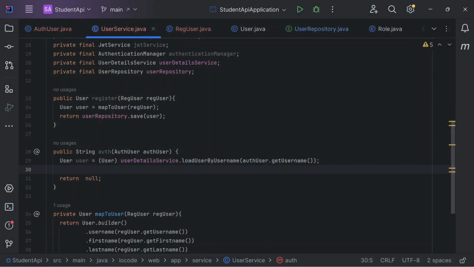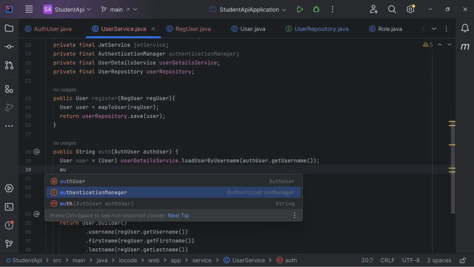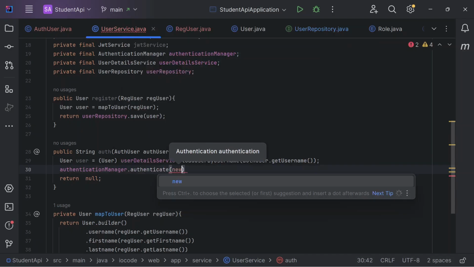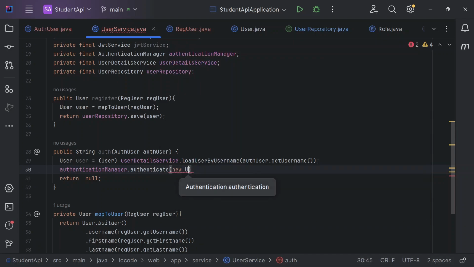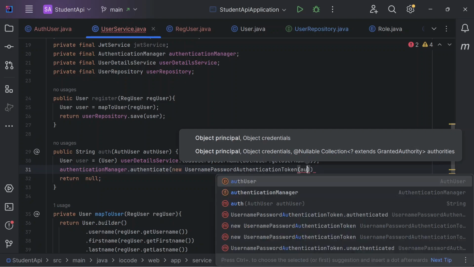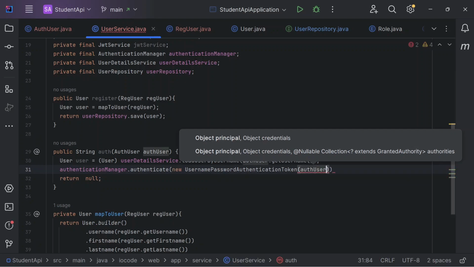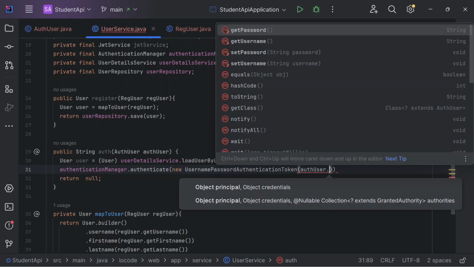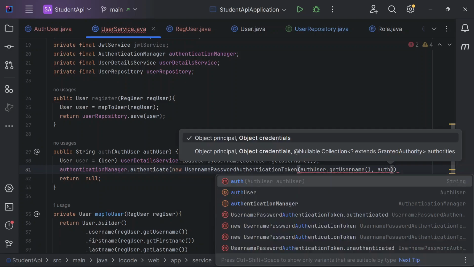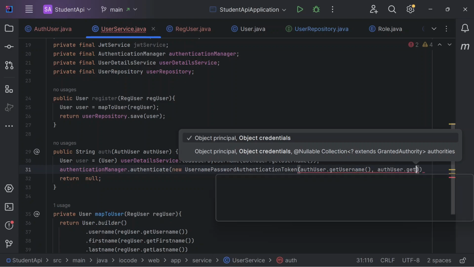So now, with the use of the authentication manager, we have to authenticate this user. So that should be authManager.authenticate, and we're going to pass in an instance of a new UsernamePasswordAuthenticationToken. The first thing we have to pass is the username. So this should be authUser.getUsername, followed by authUser.getPassword,